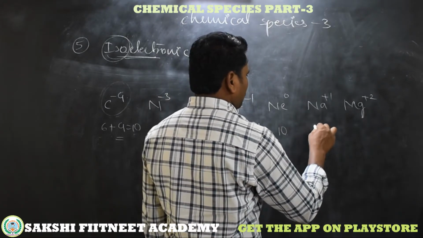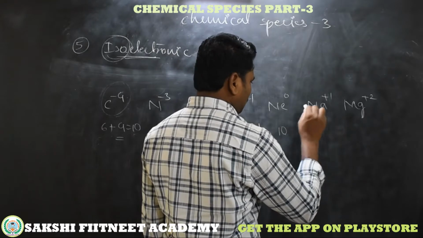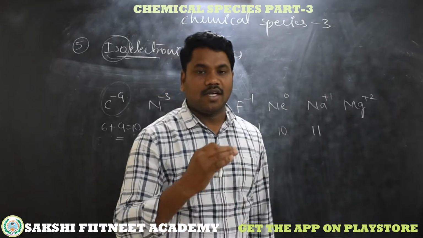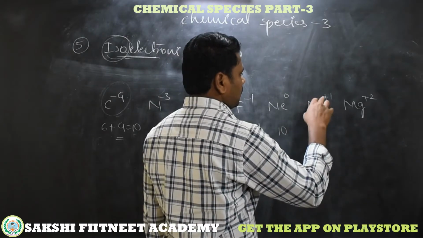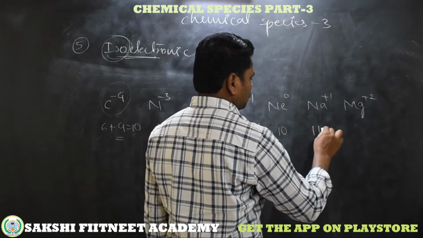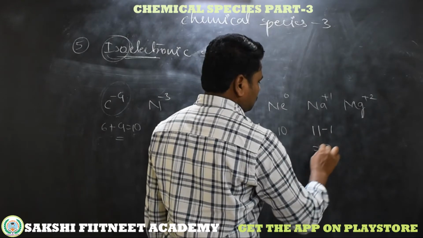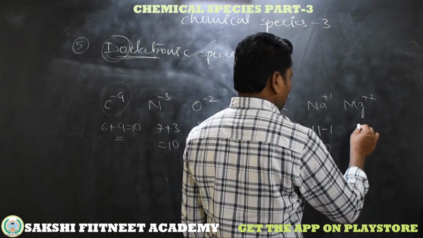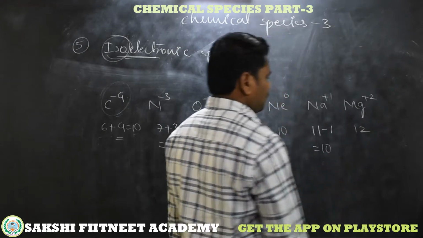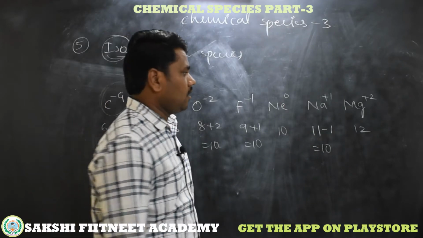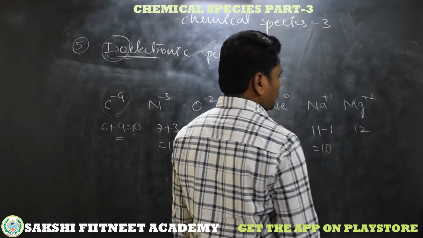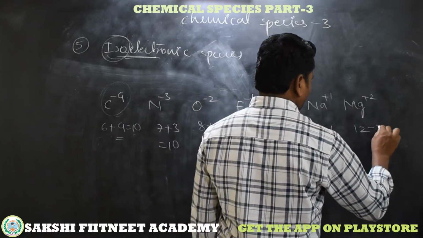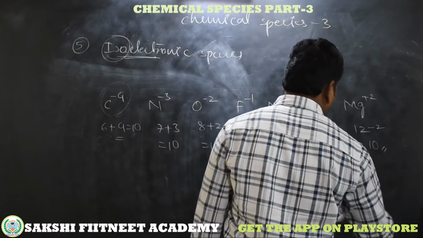Now sodium, atomic number is 11, that means 11 protons are there. Here we have a +1 charge. +1 charge means the element lost 1 electron. It participated in oxidation, lost 1 electron, so 11 minus 1, it becomes 10 electrons. Now coming to magnesium, when neutral magnesium is there, atomic number is 12, so the number of electrons is 12. But here the magnesium has +2 charge, meaning the magnesium metal lost 2 electrons, so 12 minus 2, it becomes 10 electrons.